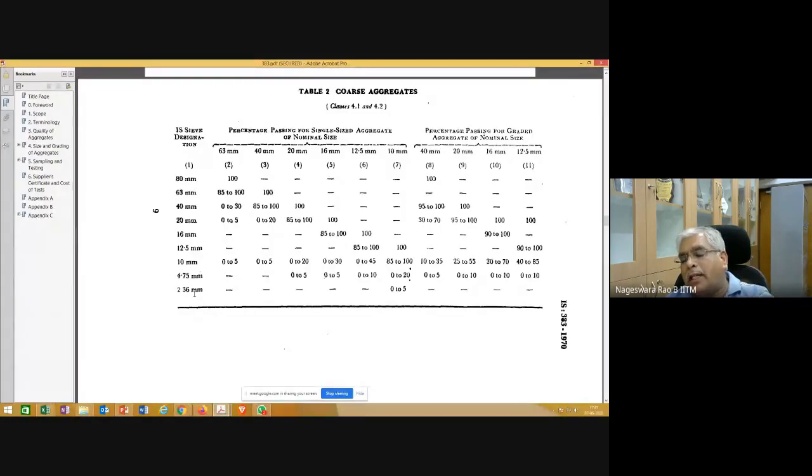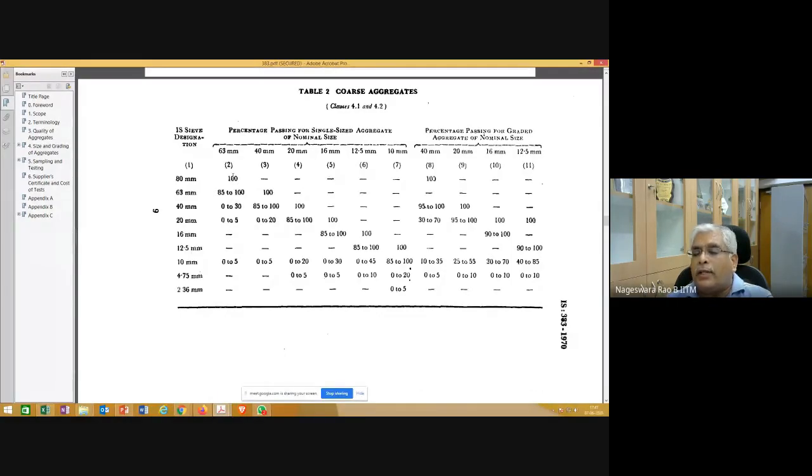If you go to the lab, you will see in the transportation engineering lab at IIT Madras or in the geotech lab, you can have that shaker. When you shake it, the code gives some specification on how many minutes you have to shake it and other things. You follow that, and after completion of your shaking, you can read this percentage passing for single sized aggregate of nominal size. So what is the percentage of aggregate that is passing through 80 mm? All the aggregate, 100%, has passed through.